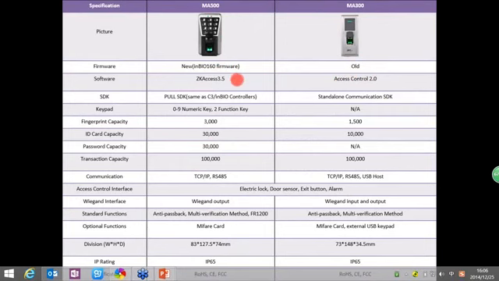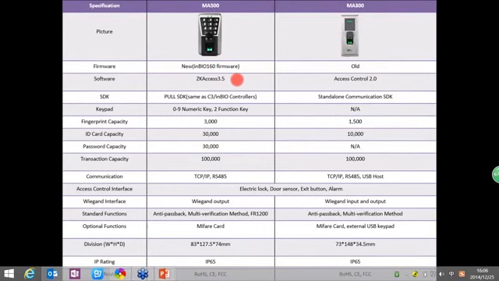And for the software, the MA500 uses Access 3.5 software. It belongs to the panel controller devices. The MA300 uses Access Control 2.0, and from the SDK,